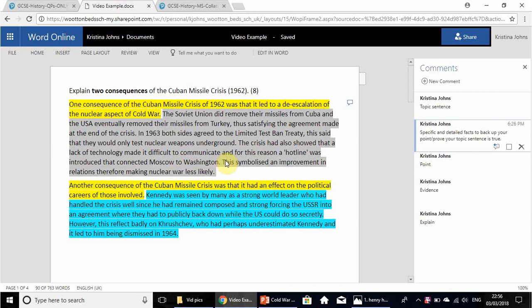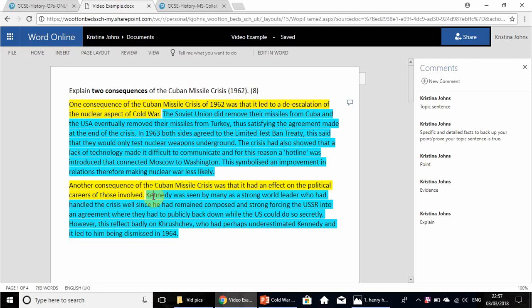This symbolised an improvement in relations, making nuclear war less likely, and I've linked my end sentence there back to the same words that I used in the topic sentence. Next, I've come up with a very separate point. This one is about the consequence it had on the political careers of those who were involved in the Cuban